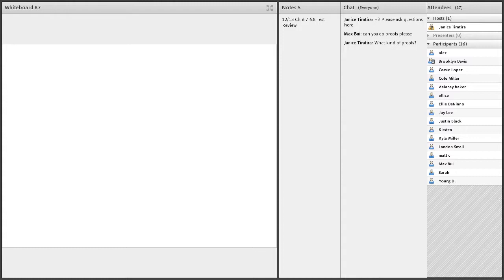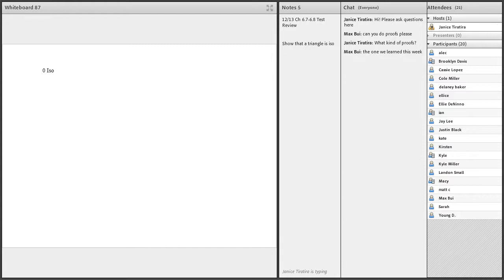All right, welcome everyone. So tomorrow is our last test of the semester, and it will only consist of two main concepts. One is given a graph on a coordinate plane. We have to try to show if two sides are equal or if three sides are equal. So in other words, I'll start typing the topics. If it's isosceles, I think I'll put it in the middle. So show that a triangle is isosceles,